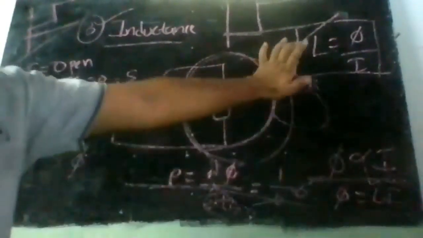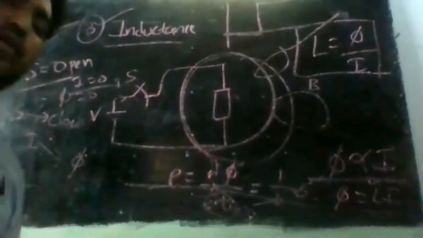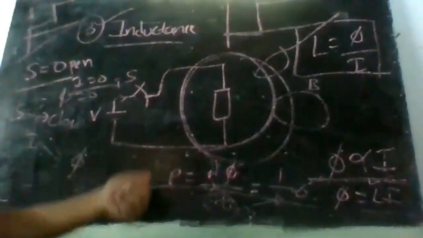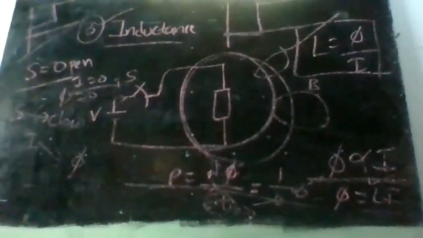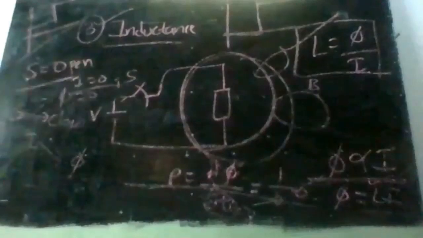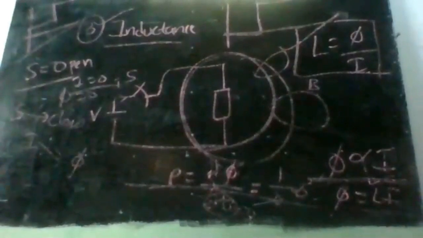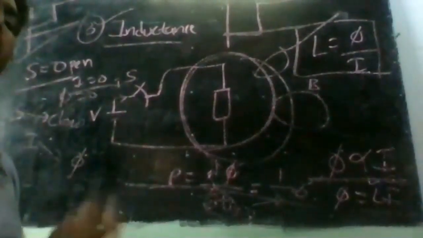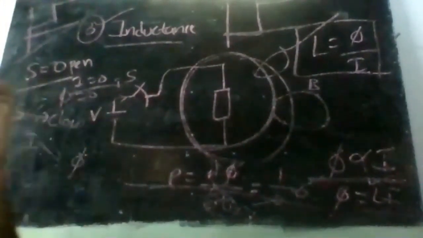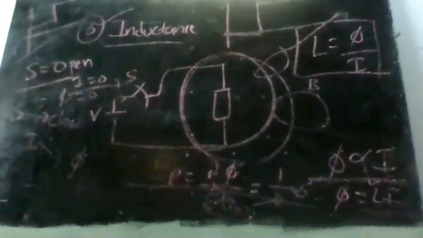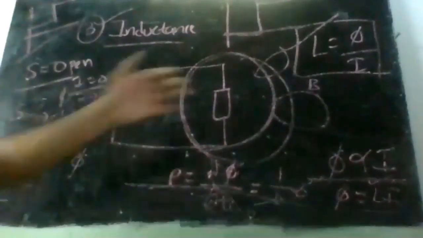I hope this is clear. Inductance is a property of a material by which it opposes sudden changes in current. Why should it oppose? Because if the current carrying conductor does not have the property of inductance, it will produce infinite EMF which will lead to destruction. So the point we have to remember is that every conductor cannot be used for production of magnetic field. Only conductors that have the property of inductance will be used for production of magnetic field. Why so? This is the case.